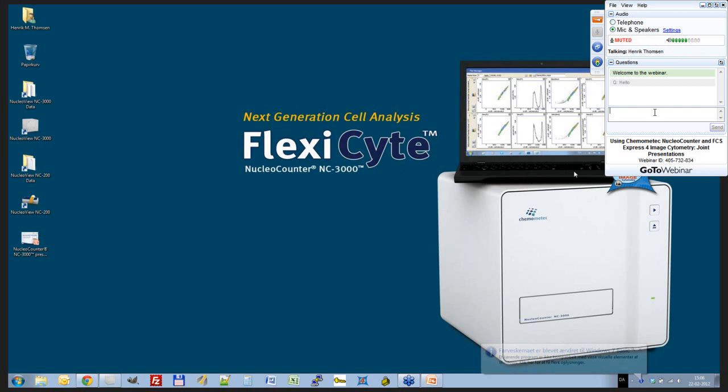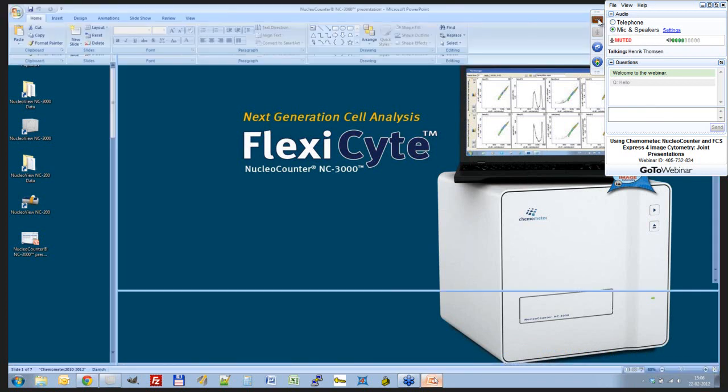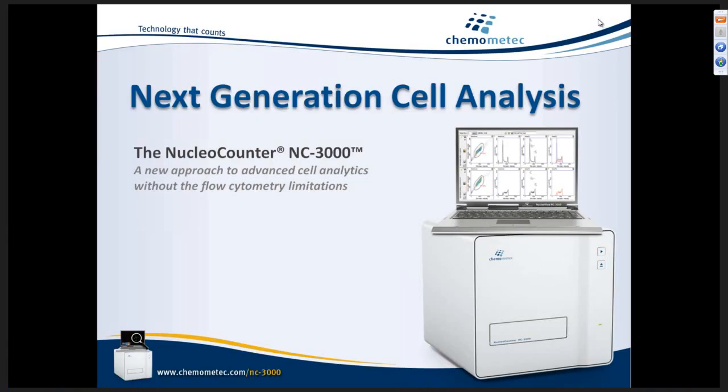I will start with just a very quick go through of the fundamentals of our instrument and the software, and I will do that by presenting a PowerPoint presentation, just a very short one, and afterwards I will go through some of our demo images showing you some of our assays and how to analyze the data on our system and how to export in ACS format that can be used in the Novo